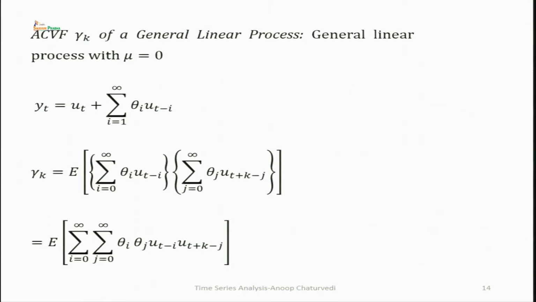Now, we obtain the auto-covariance function gamma k of a general linear process. Now, a general linear process with mu equal to 0 is y t equal to u t plus summation i equal to 1 to infinity theta i u t minus i. Then gamma k is equal to, of course, the process has mean 0 because mu is equal to 0. Then gamma k is equal to expectation of